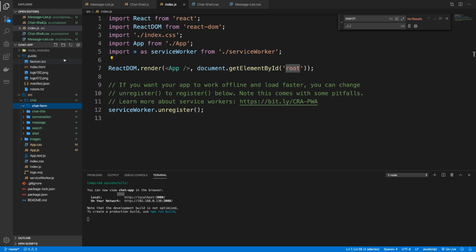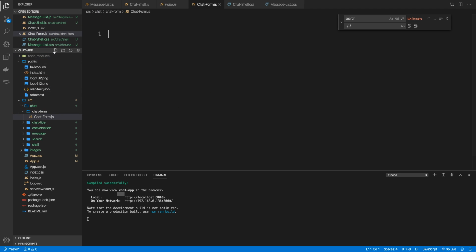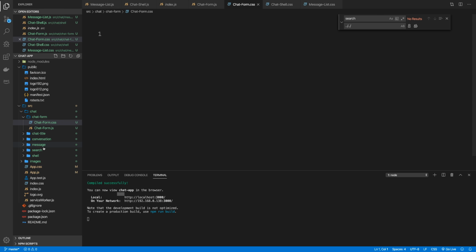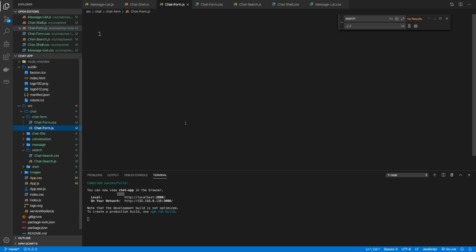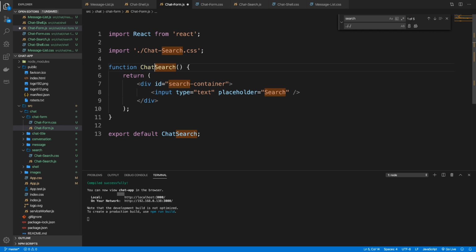So I'm going to have chat form, and I'm going to add chat form.js, and in the same folder, chat form.css. Beautiful. And then I'm going to come to my search like I always do, grab that, and chat form. My brain is shut off there for a second. So chat form